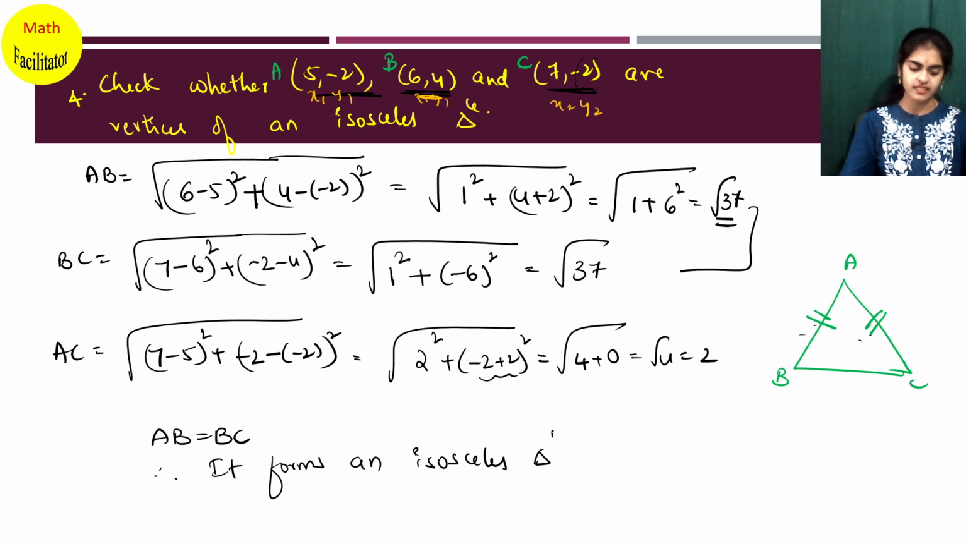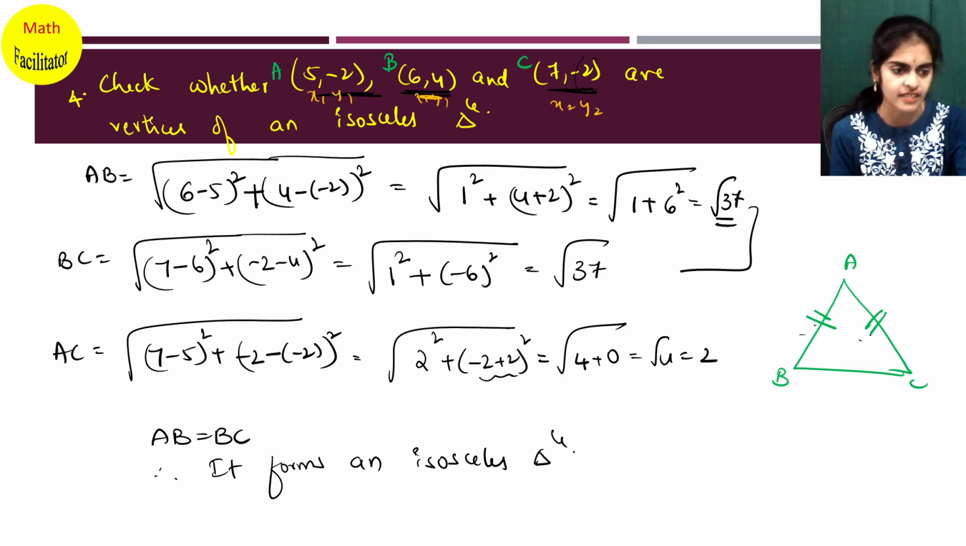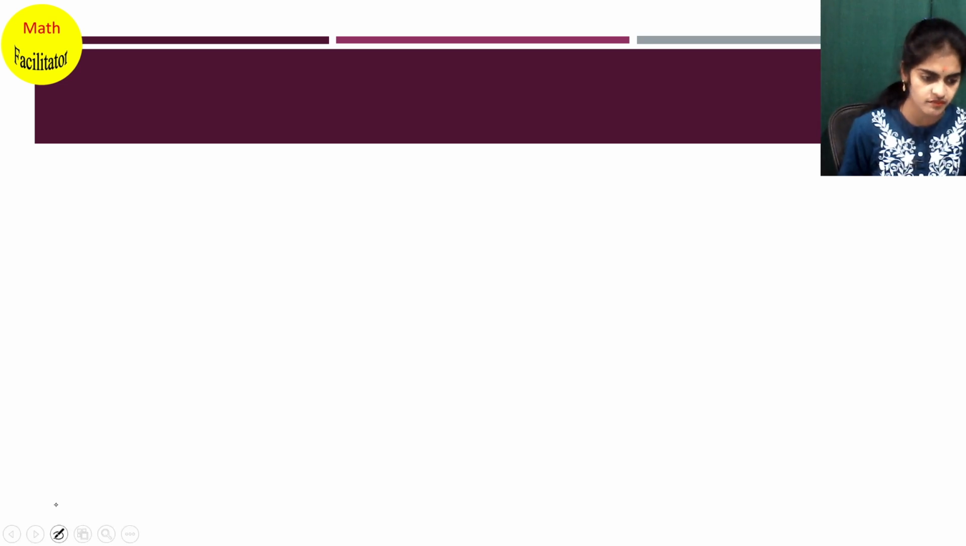Is this very clear for everyone? Okay, so if two distances are equal, they are isosceles. The next question,